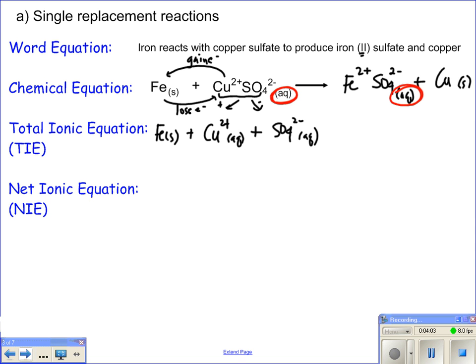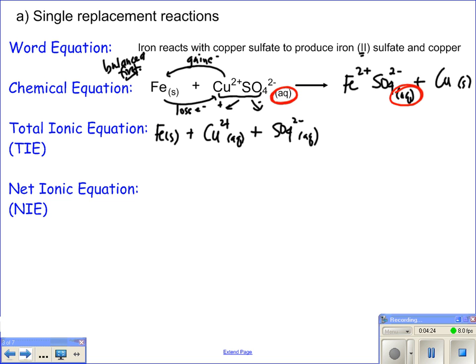By the way, before I began the total ionic equation, I checked to make sure everything was balanced in the chemical equation. If you do a quick inspection, you'll see that everything is in a 1-to-1-to-1-to-1 relationship, so no balancing was required. But I would have balanced first